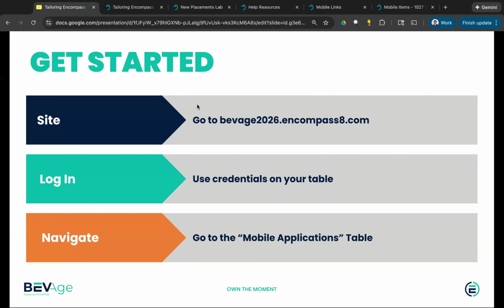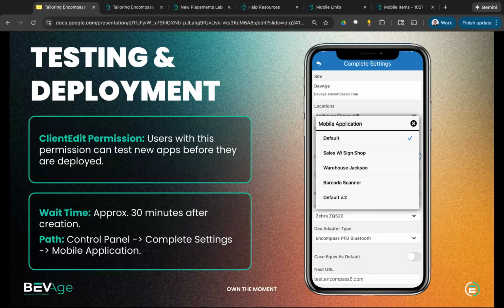And with that, I'm going to come back here to the slides. And we're going to talk about testing and deployment for a minute. So we've gone through the table setup, how to go in and create these applications and adjust them, edit, add a mobile link, add a mobile item, all those fun things. But now, we want to see what it actually looks like for the end user on their handheld. So we will usually, of course, want to test it before we roll it out to everyone. And